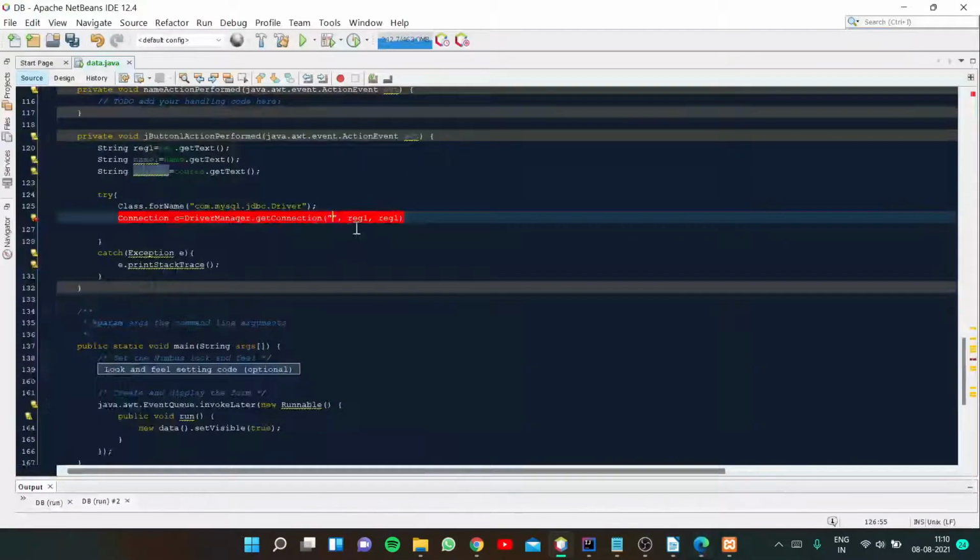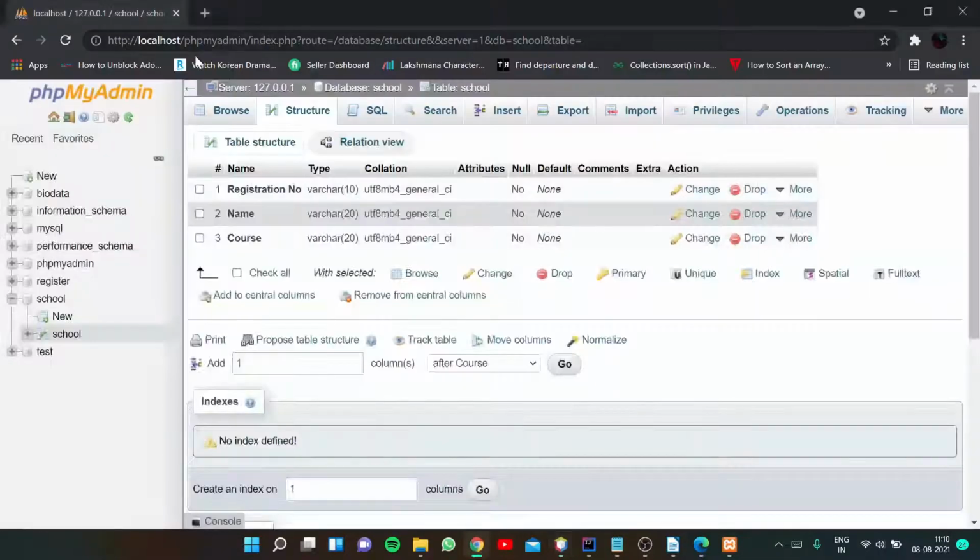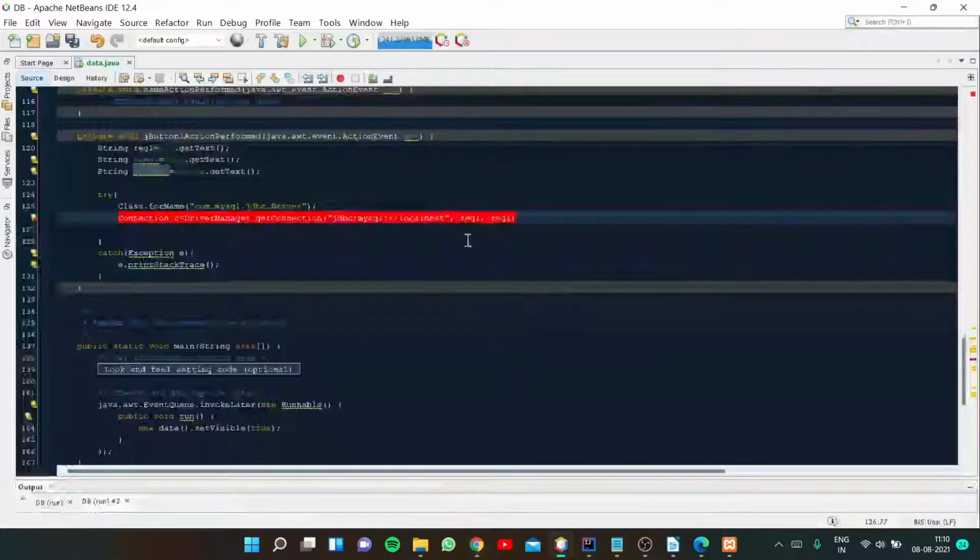As per ours is MySQL, I'm going to give jdbc:mysql, then localhost. Look here, you can see ours is localhost. Then by default the port number is 3306. There is no need to change it. The port number is 3306 for our localhost.